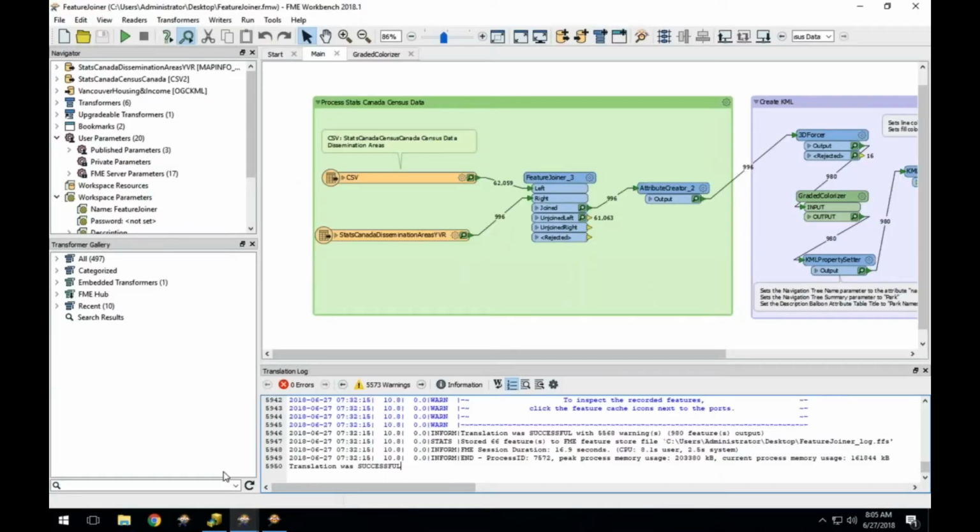I have a workspace here. What I've done is I'm reading in some CSV data from Census, and then I'm going to join it using the feature joiner here. As you can see from the CSV, I've got 62,000 records, and from my Stats Canada data, which is MapInfo, it's just under 1,000. When I run this,